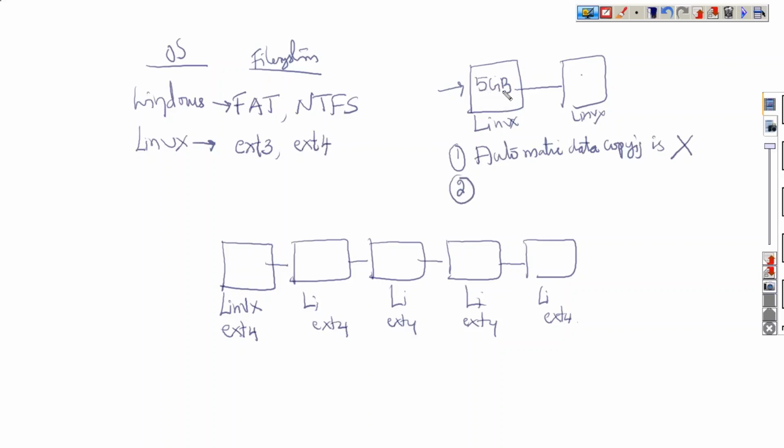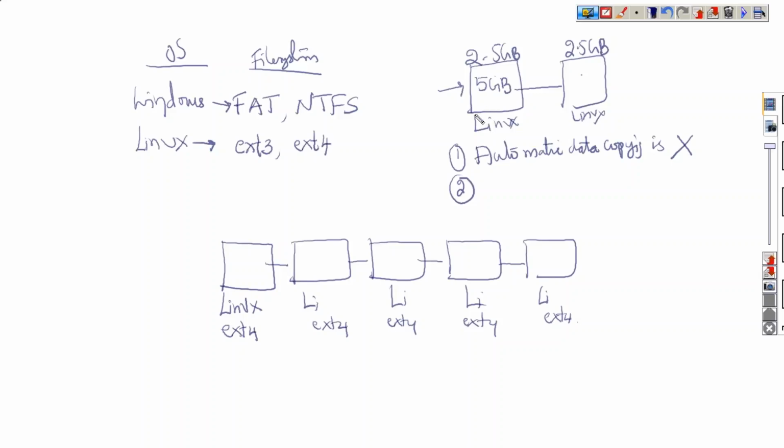Second one: I have loaded 5 GB into this machine. Is it 2.5 GB into this machine and another 2.5 GB into this machine? Does it happen automatically? Can we divide the 5 GB into two parts and store them into two machines? Is it possible or not?